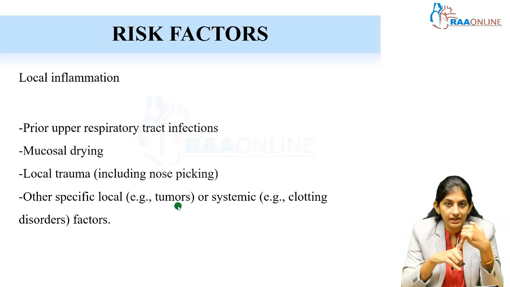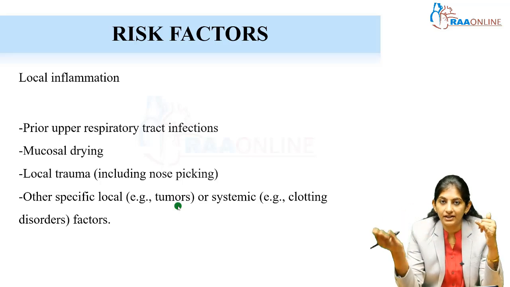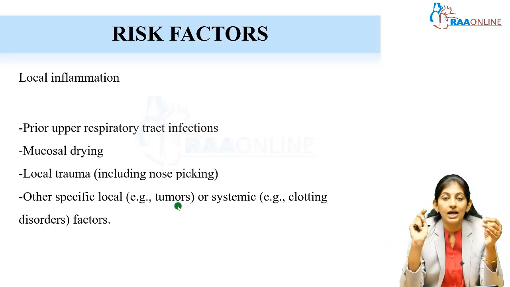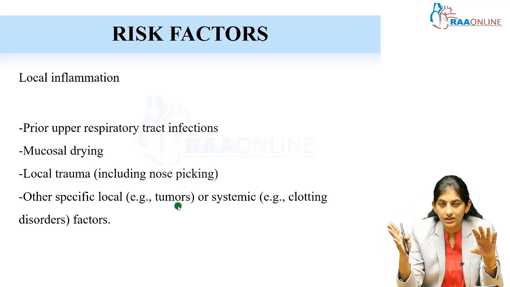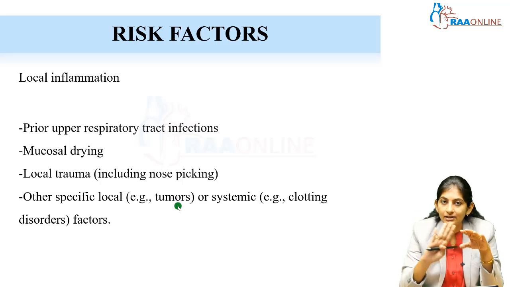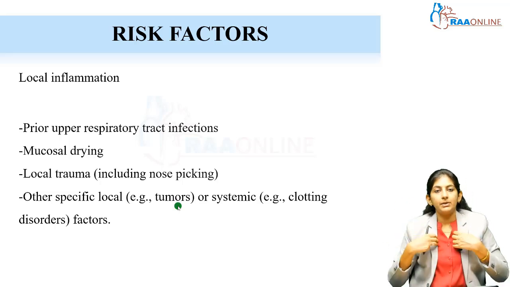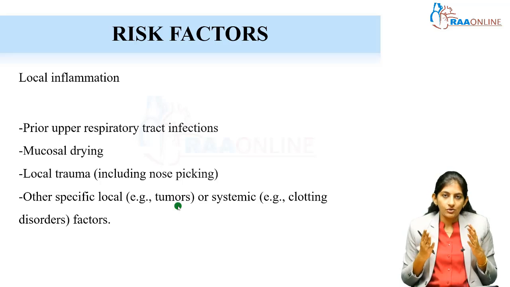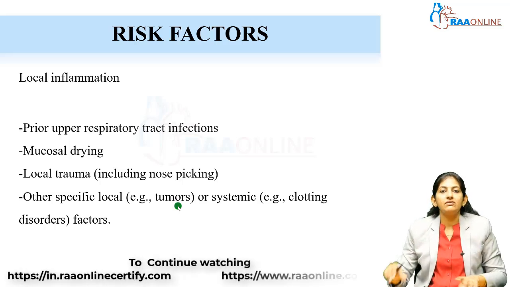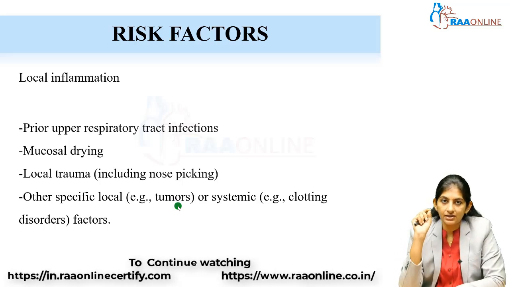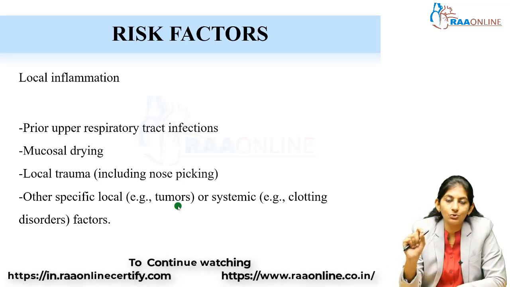Ask for history of bleeding diathesis, prior admissions, any blood transfusions, examine the abdomen, and check for hepatosplenomegaly. Head to toe examination is very, very important, where you look at the skin for any petechiae, purpura, ecchymosis, etc. So a thorough systemic examination is warranted even if the child comes only with simple epistaxis. If this is the first time you are seeing that particular child, examine completely head to toe and a systemic